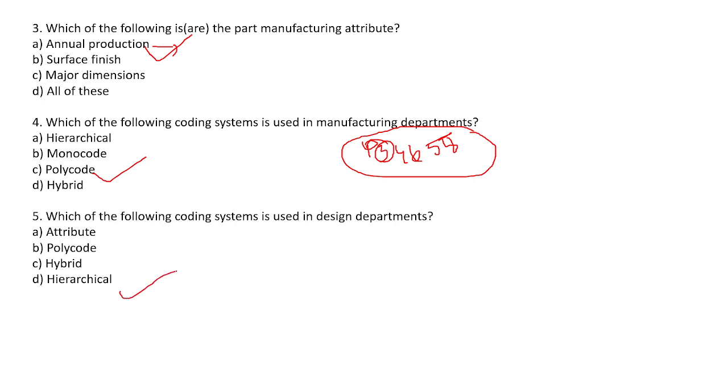When we saw the lecture notes, we saw how the hierarchical coding system works. For example, mechanical, hydraulic, electrical are the systems, so 31x, 32x are electrical, then mechanical 32x. That is the main way of representing the hierarchical. Whereas hybrid is a combination of both, as we have seen. Say for example,